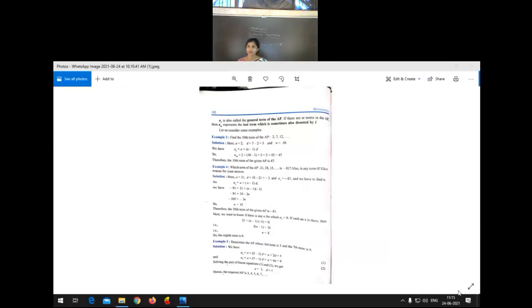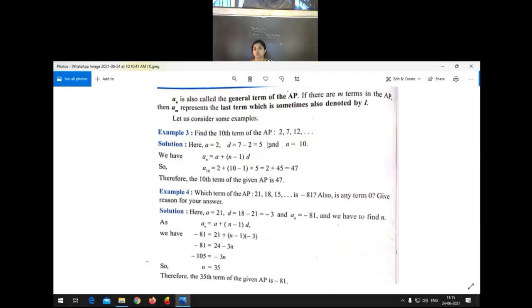I think you are not having the textbook right now, but here we have the textbook screen. Today you just go through this screen. After this class I'll send this sheet in the WhatsApp group. After that you can copy these problems in your fair notebook. So now let us look at example 3 related to the nth term of an AP, which is in your textbook.